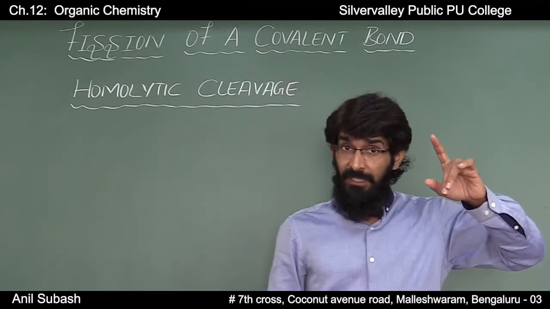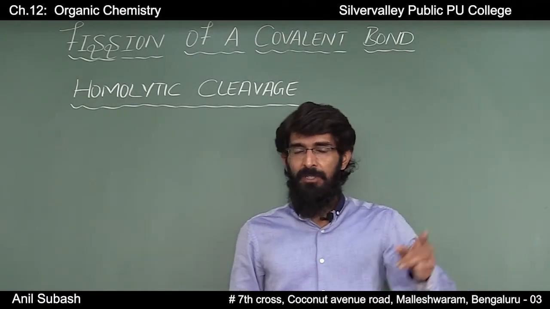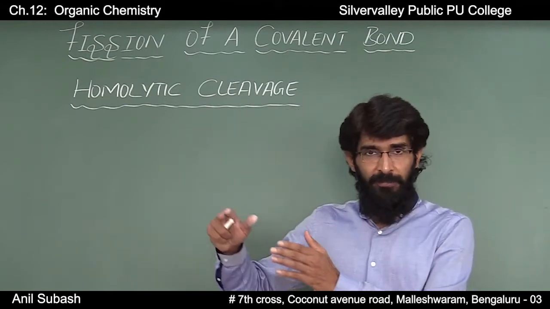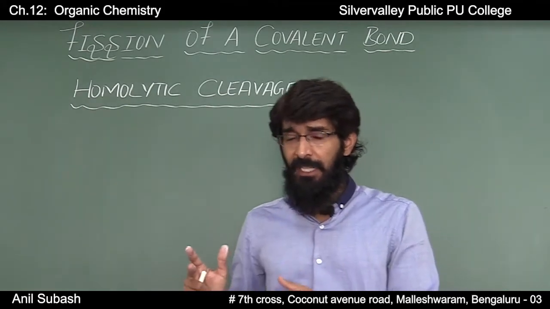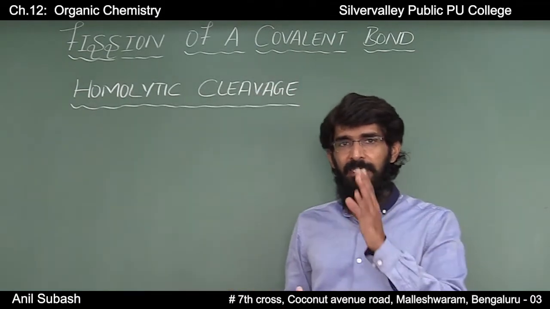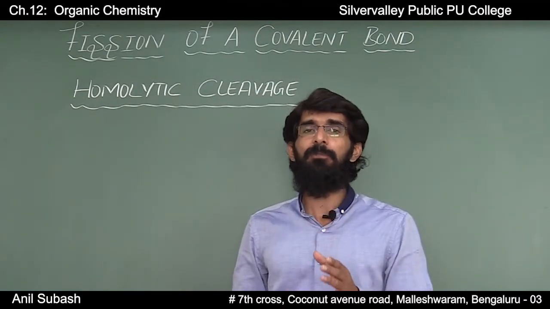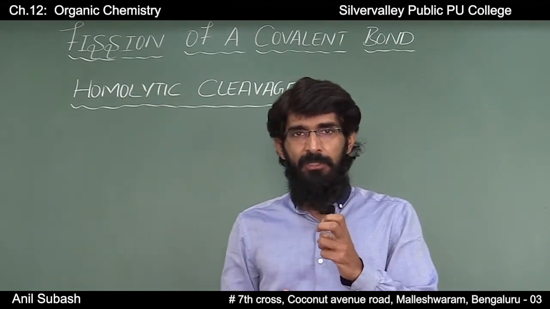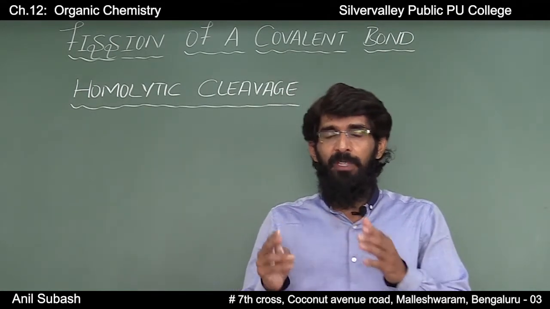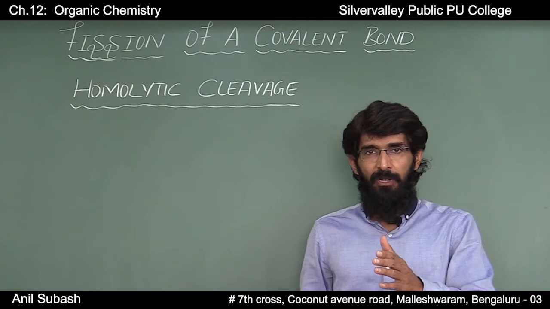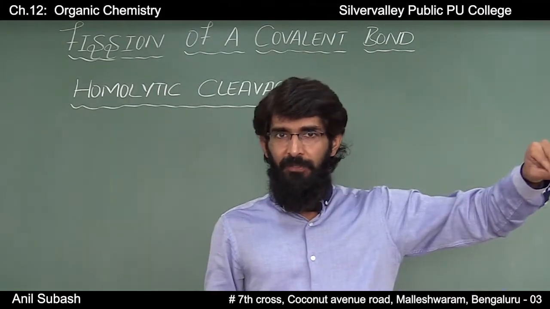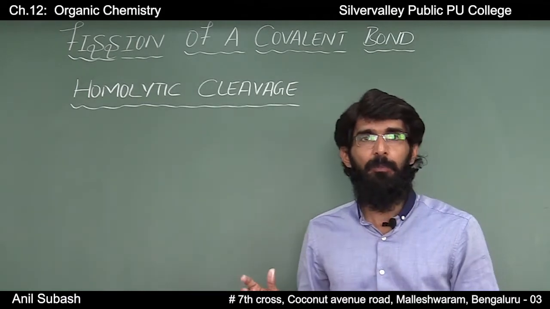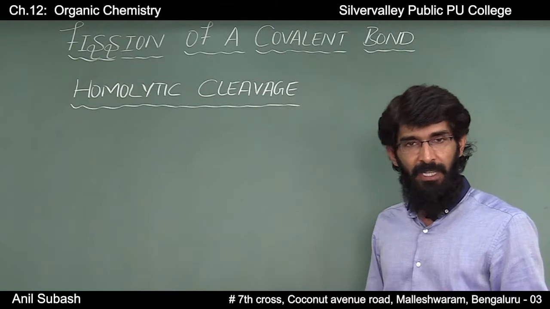Whereas in the case of heterolytic cleavage, both the shared pair of electrons will go with one of the leaving groups, whereas in the case of homolytic cleavage there is equal breaking of the bond. That is, the shared pair of electrons will move with both the leaving groups. One electron will move with one of the leaving groups and the other electron will move with the other leaving group. Now let us take a simple example,